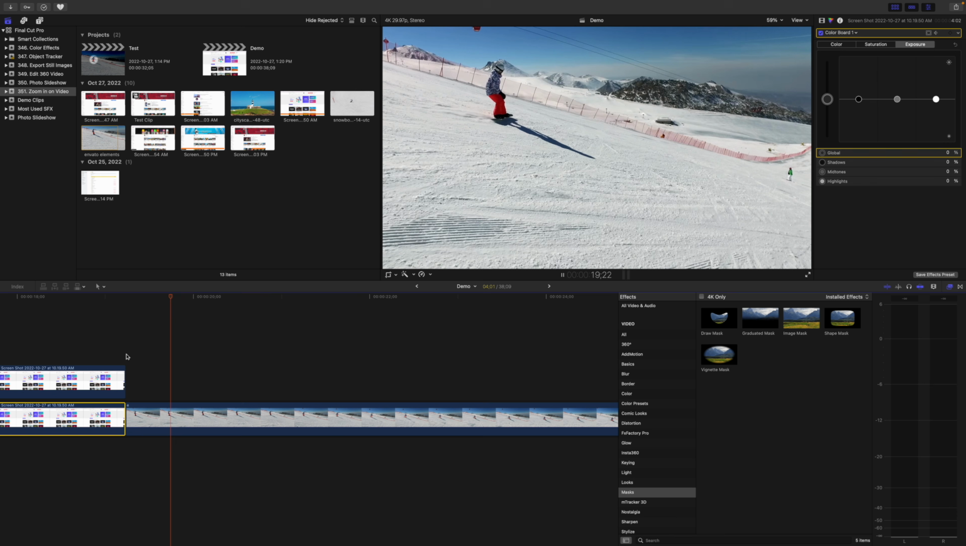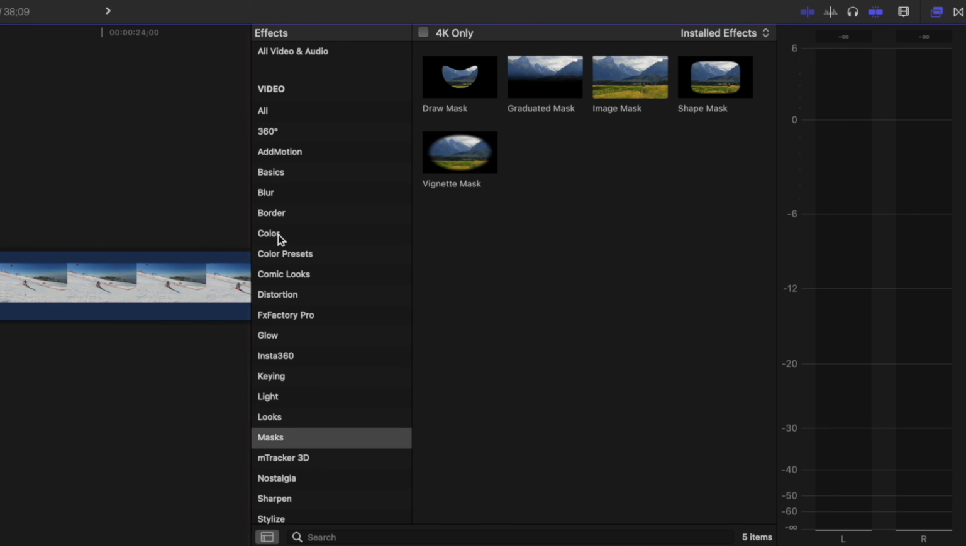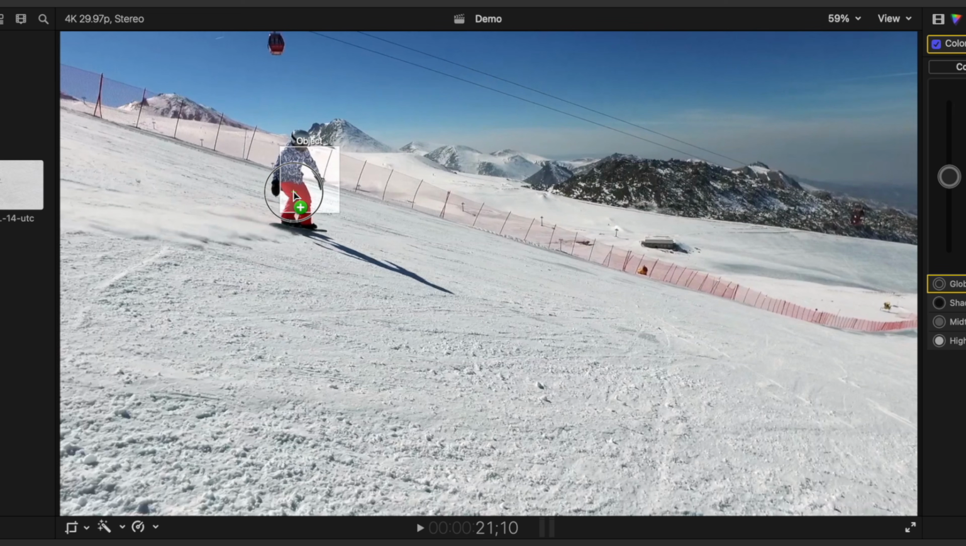We can also highlight a moving subject in our video, but this requires a different method. Let's highlight the snowboarder in our next clip. Go to your effects browser, select the color category, and grab the color board effect. Drag this into your viewer window over the part you want to highlight until Final Cut Pro recognizes it as